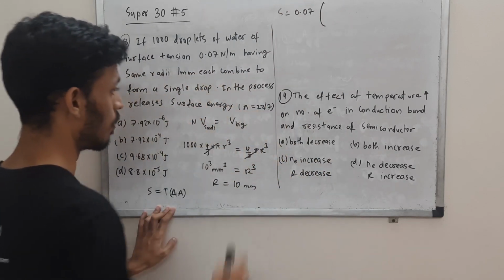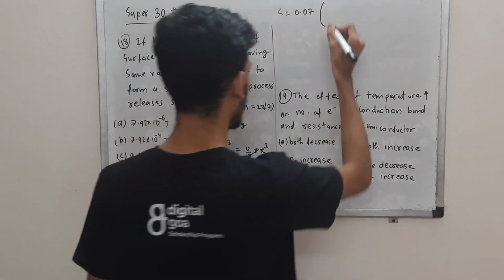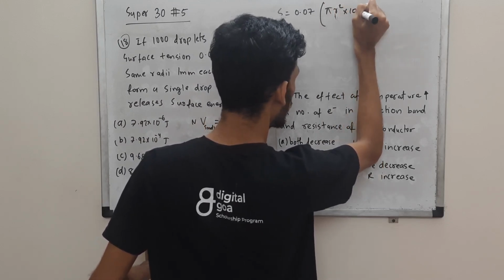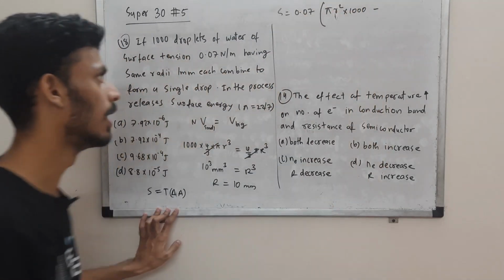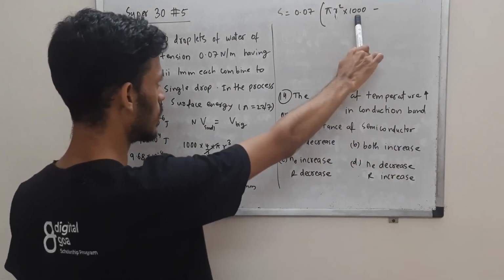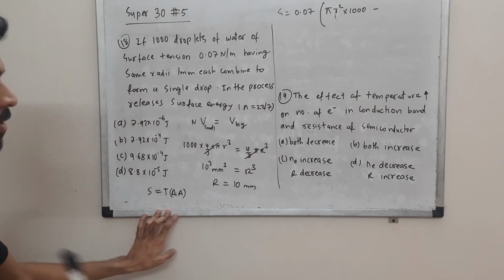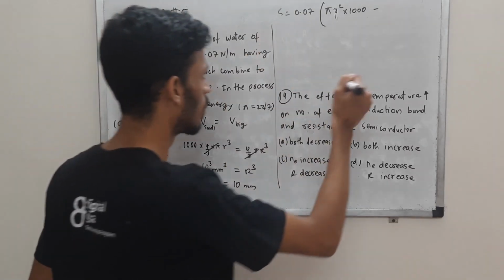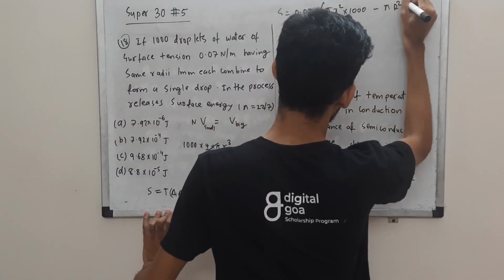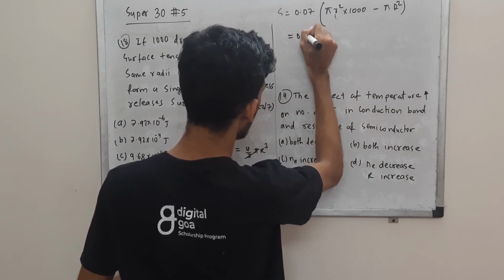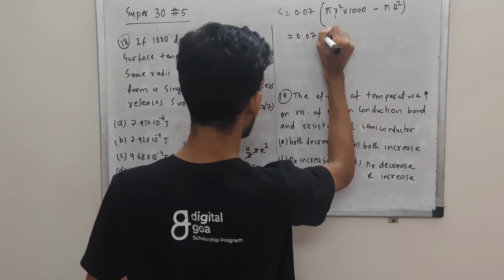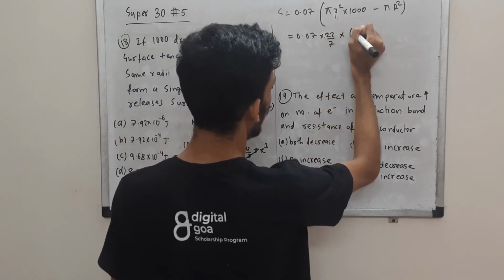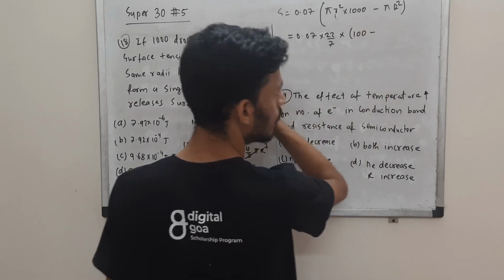Now the area of the small drops: there are 1000 drops, keep that in mind. So πr² into 1000. If you don't use that 1000, you might end up at some different answer. So there are 1000 drops, so 1000 times the area of one drop. Then we have one big drop, so that is basically πR². Now let us substitute 0.07, and π we can write as 22 by 7. Here it is 1000 minus